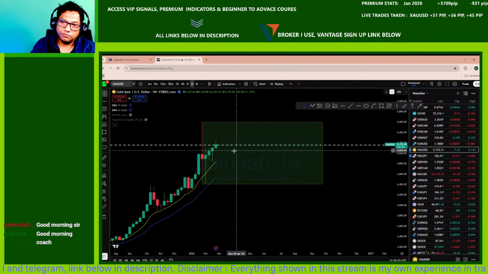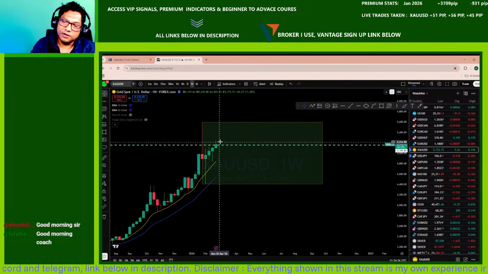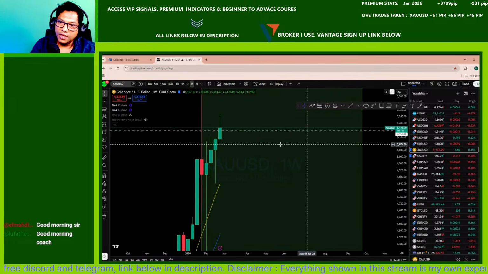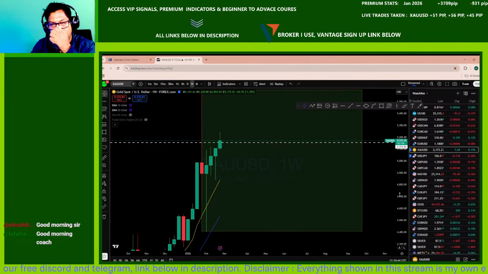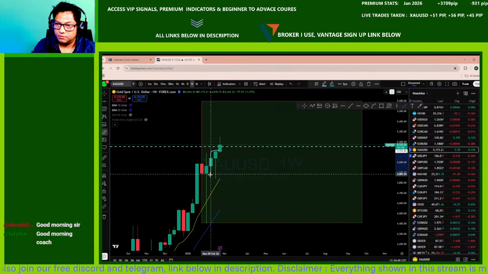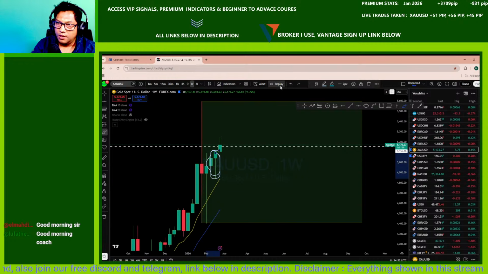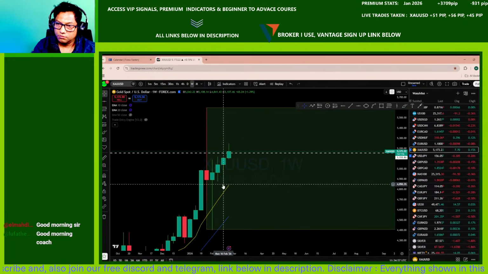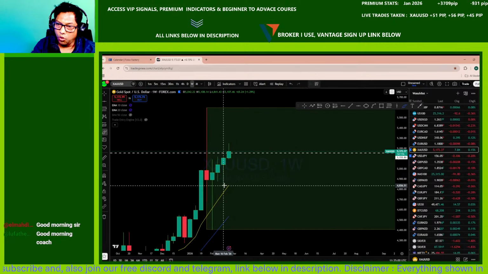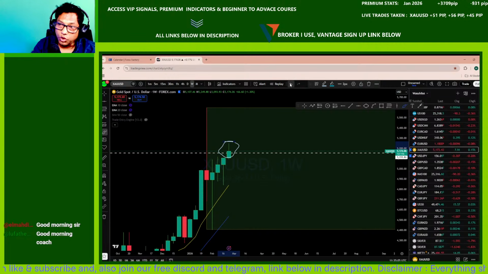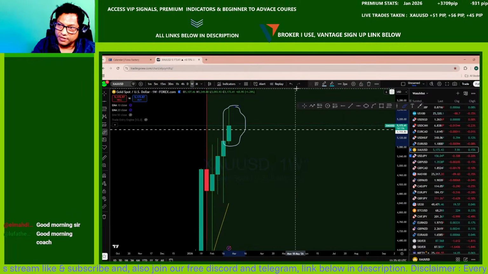Now here, if you look at, now we are looking at this zone here. The past week has created another bullish pin bar here. And with that pin bar, if you look at XAUUSD, there's a move that you can see. And this week, once the market opened, we can see there is a big move back to the upside here.